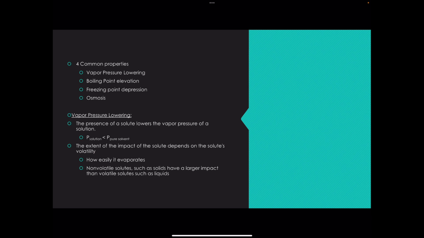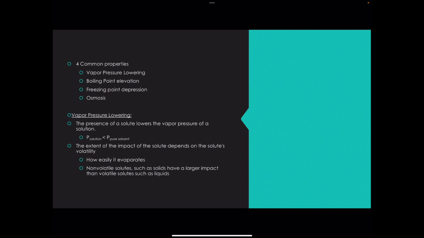So that means that vapor pressure, remember, if I'm dealing with a solution with a liquid solute or solvent, they can evaporate. And that evaporation produces gas above the solution, which generates a pressure. That's our vapor pressure. So the vapor pressure above a solution will always be lower than that of just the pure solvent. We can think about why. The attractions between the particles may prevent some of those solvent particles from escaping and forming gas,